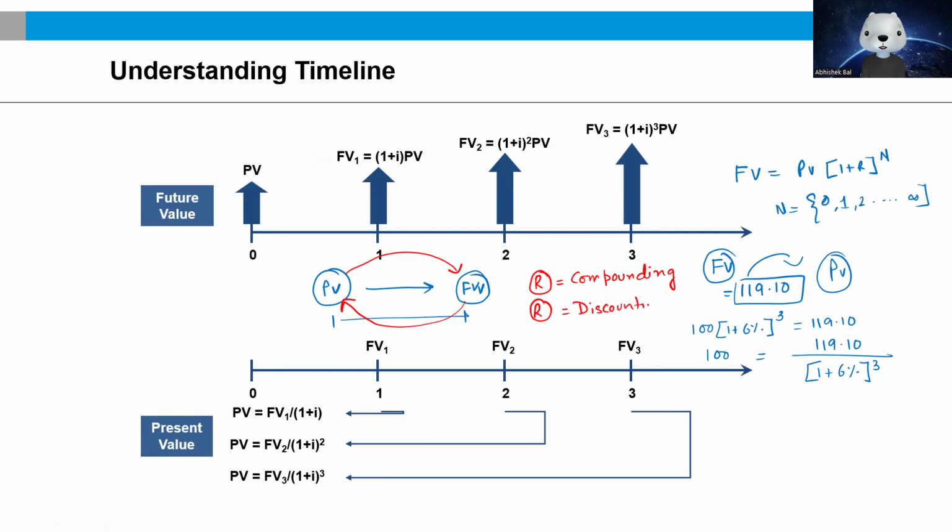Now, hold on. I am already aware of what confusion this begets. So you would think that if R remains the same, then what is the problem or what is the novelty in naming them once compounding when we move from left to right and then naming it discounting when we move from right to left? Well, the answer to that remains in one specific distinction, and that is, so far